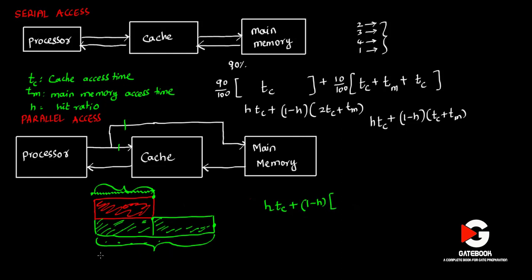The story is, first we go to the memory here and we access it and we transfer that data to cache, right? So that takes Tm units of time. After that, now data is available in the cache, simply take it. It takes how much time? Tc, right? Here it is Tm and it is Tc. So this is a formula. But if we do optimization like we did here, then formula will be h into Tc plus 1 minus h into directly Tm, right? So this is the final answer.